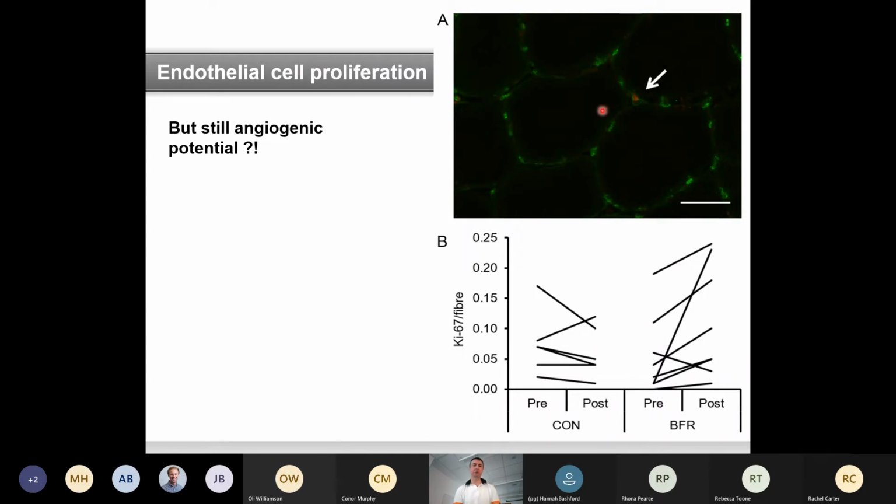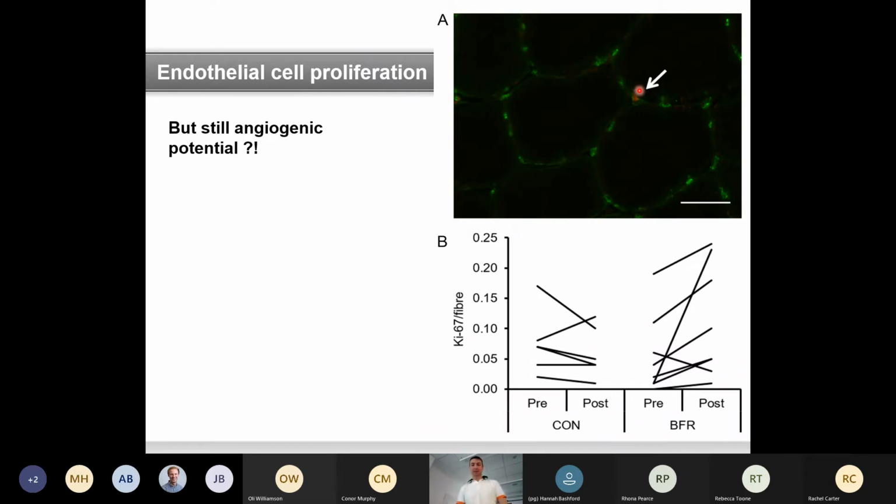So to put it very crudely, the endothelial cells are thinking about adapting. Those signaling mechanisms have switched on, but they haven't actually translated into capillary growth yet. So the idea is that there is still some angiogenic potential, but it hasn't translated into angiogenesis after 4 weeks